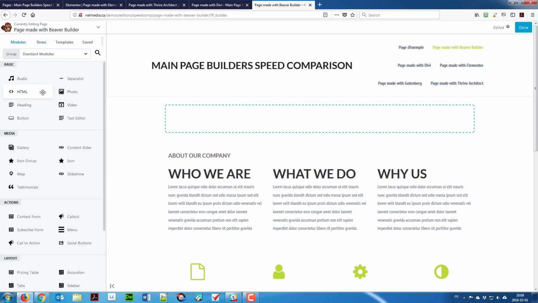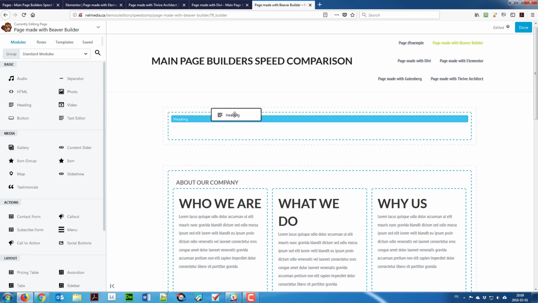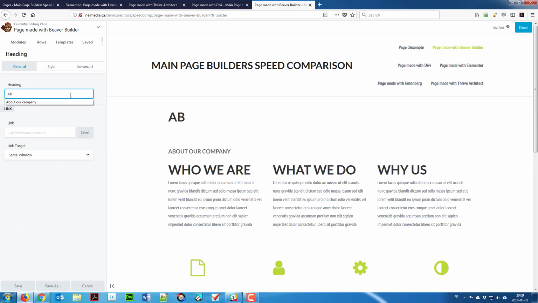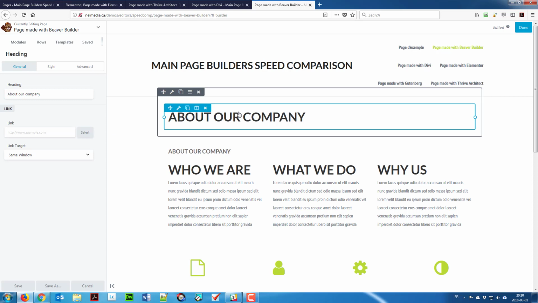Then, well, I think I can do that maybe without adding the column, but anyway, I'm gonna add my heading to it. About our company. Strangely, it looks like if I select what is there and then do a tabulation, it doesn't write everything. So it does take it, but doesn't show it on the front end. So anyway,